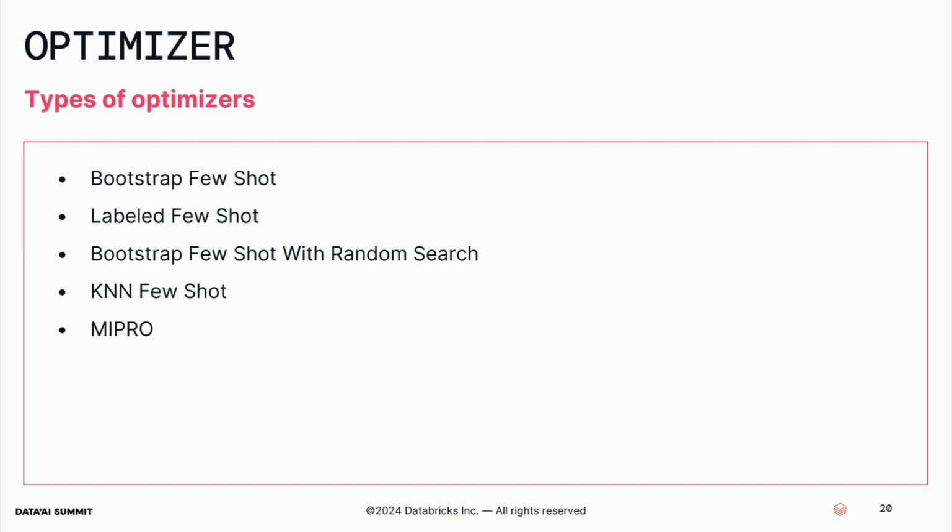And finally, if you look through online tutorials, you often see MIPRO. This is a different class of optimizers. The past optimizers belong to a class of optimizers which we'll call few-shot learning. Now, MIPRO is part of a class of optimizers called instruction optimizers. MIPRO generates instructions and few-shot examples in each step, and uses Bayesian optimization to search over the space of generation instructions and demonstrations across modules. The more demonstrations you have, the more likely you'll use a more advanced optimizer like MIPRO.